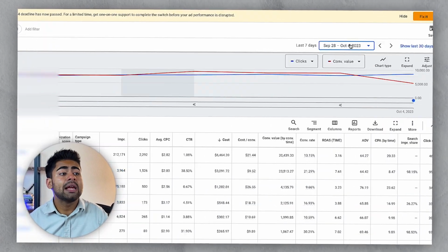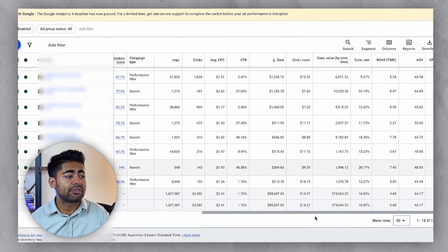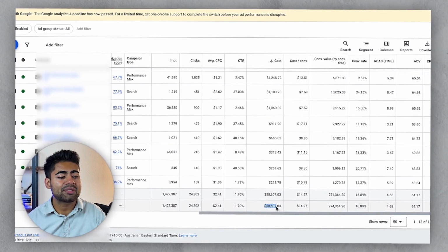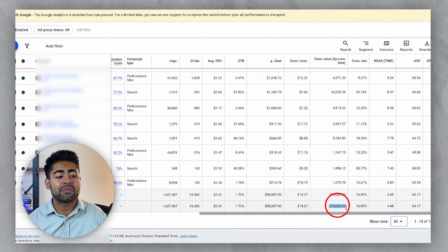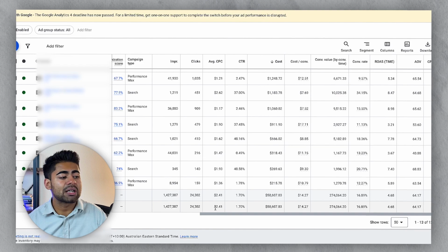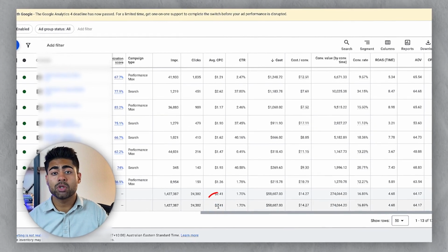And this brand is in the aggressive scaling phase, because if we look at the total ad spend in the last 30 days, it has spent $58,000 and made back $274,000 in revenue at a 4.68x ROAS. And that's because this conversion rate is able to really carry this brand forward. So despite having a cost per link click of over $2,